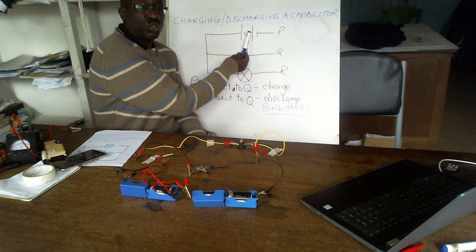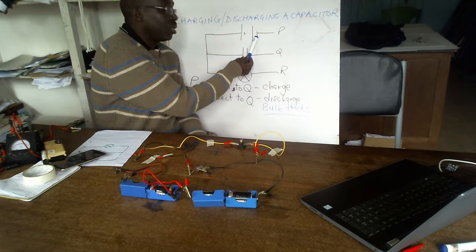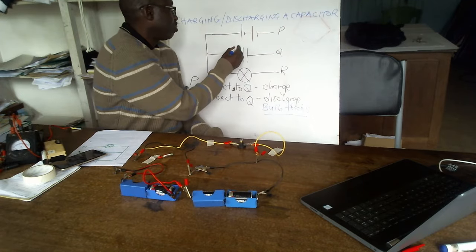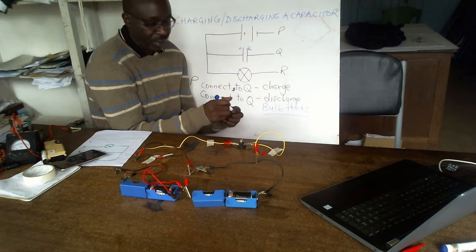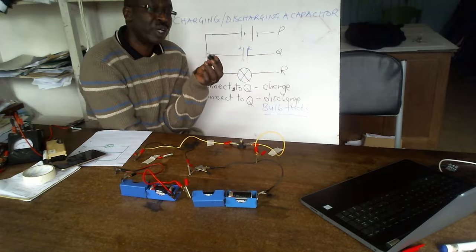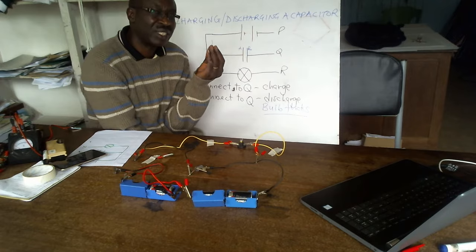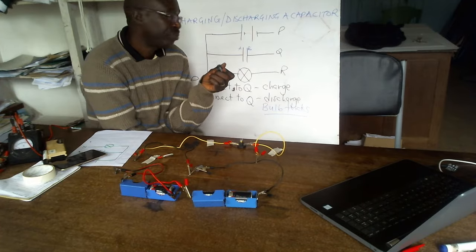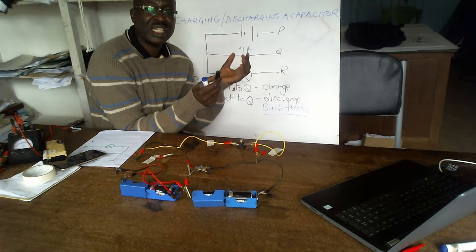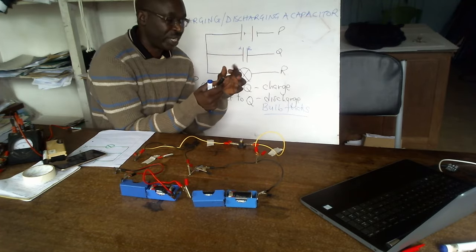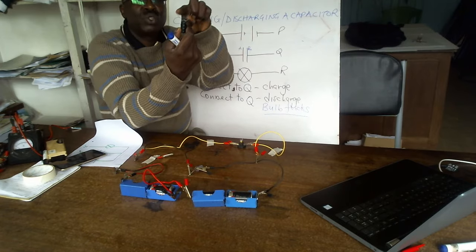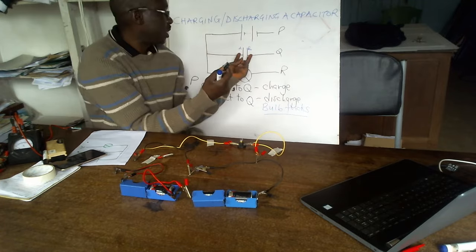So we have the source of PD, of EMF, and then we have here a capacitor, plate A and B. Okay, a capacitor looks like this. You may not see the plates A and B as you think. They are already inside here. We have the two terminals to help you understand that they are connected to plate A and plate B. The two pins are connected to the plates.